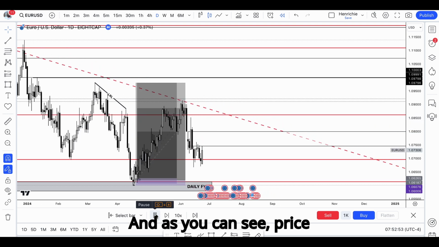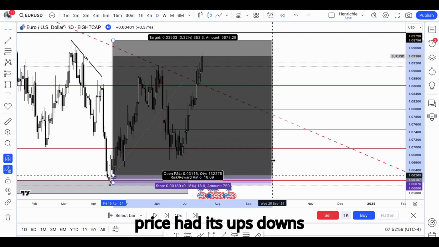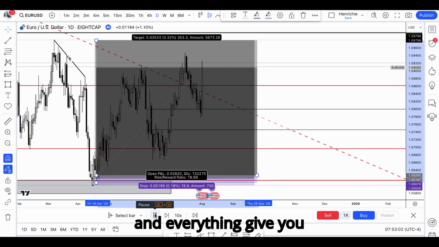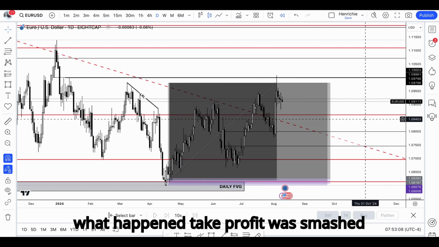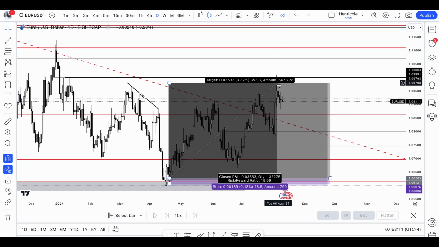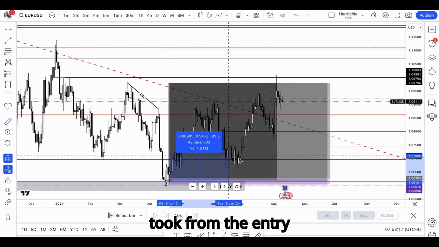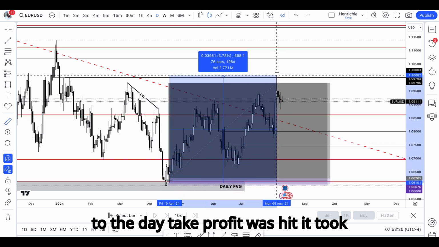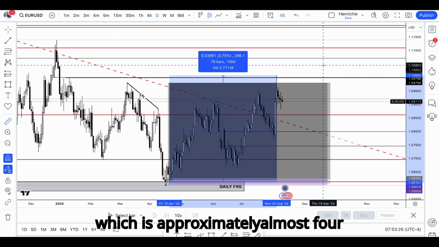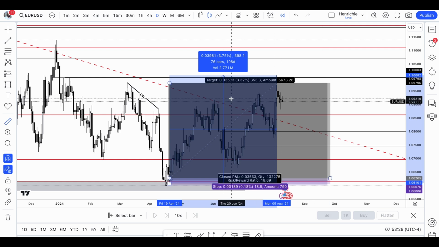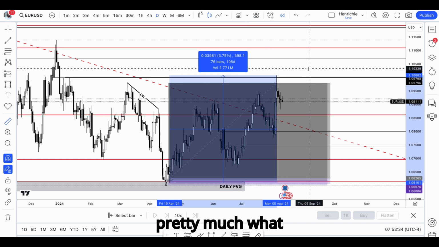And as you can see, price had its ups, downs, and everything. It gave you opportunities you could have used to secure some profits, but eventually what happened? Take profit was smashed. How long did it take? From the entry to the day take profit was hit, it took 108 days, which is almost 4 months to deliver $38,000,